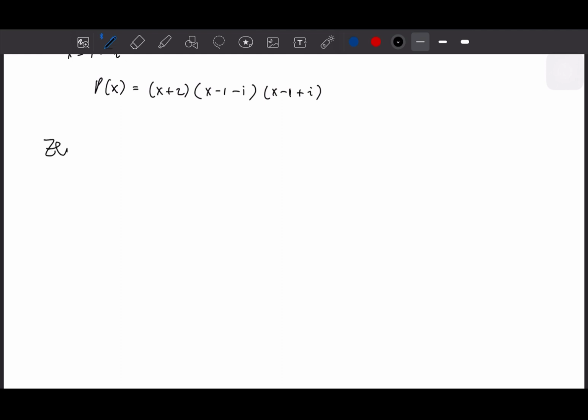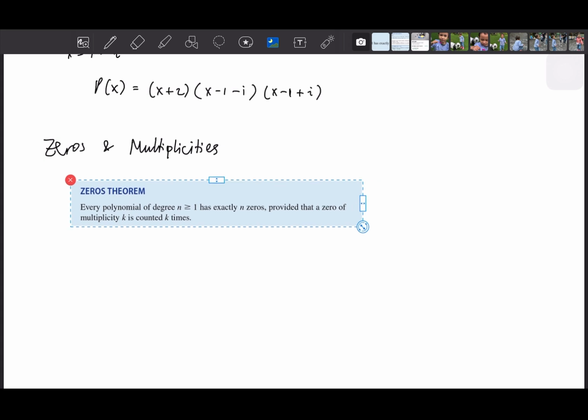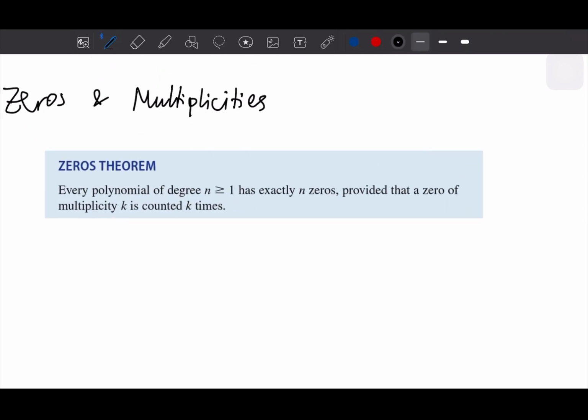So, zeros and multiplicities. So every polynomial of degree n equal to or greater than 1 has exactly n zeros, provided that a zero of multiplicity k is counted k times. So we need to count this multiplicity as how many zeros it would have. Okay,